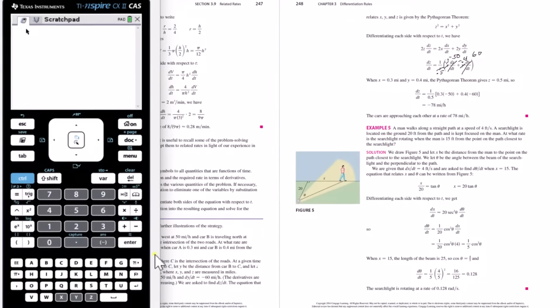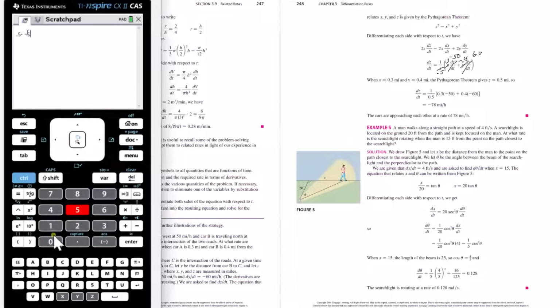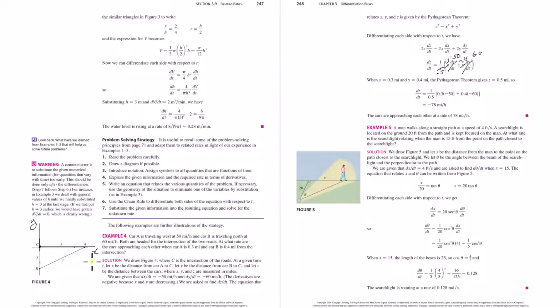So, okay. 0.5 times negative 50. No. 0.3 times negative 50 minus 0.4 times 60 divided by 0.5. And look, I get the same answer. So maybe you can do it that way. I don't know. Maybe my mind is clear now and I'm doing it right. Yeah, so I mean, you can try both ways. If you try both methods, but the way that I had kind of changed to doing it was, so